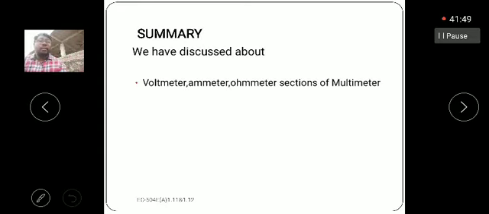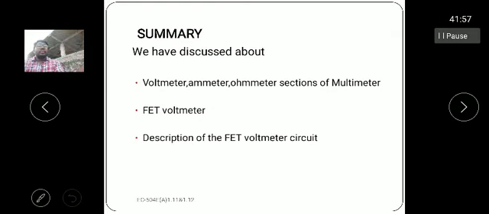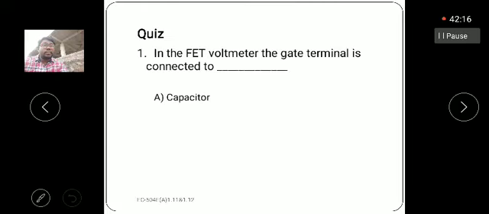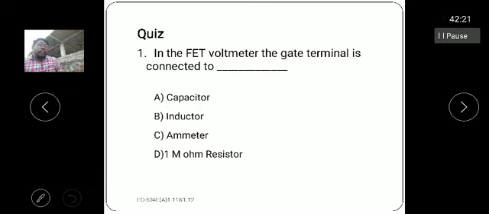In the summary, we have discussed the voltmeter, ammeter, and ohmmeter sections of the multimeter, the FET voltmeter, the description of the FET voltmeter circuit, and the working of the FET voltmeter. Here we have a few quiz questions on the FET input voltmeter. The first question is,